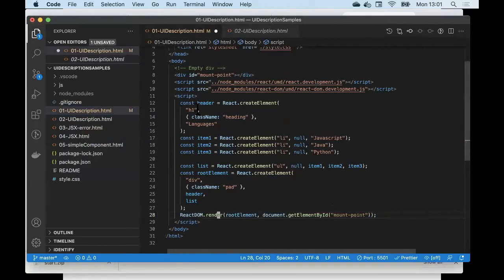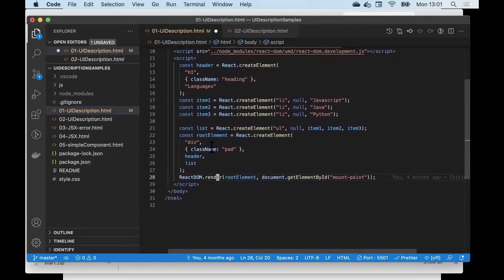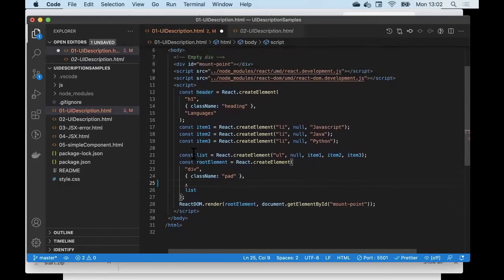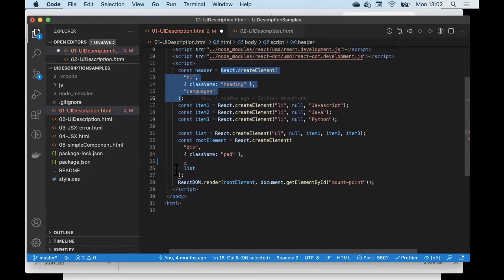Something that I could do here is, instead of declaring this variable here and assigning it to that, I could have just done this. I could have said, let's just get rid of the variable and substitute what it's assigned to directly in here, because this is the only place the variable is used. So if I got rid of that, and if I copied all of this code and pasted it down here,